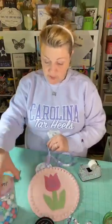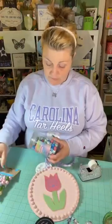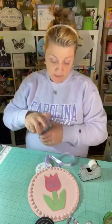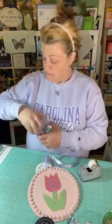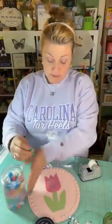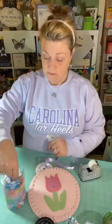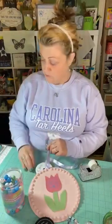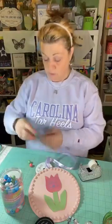So what do you guys think? Should I add some? Actually, I don't even think I need this packet. So I think this pink is closer. I've got the light pink, the darker pink, and the green. I could. That's close enough. What do you guys think? Beads or no beads? Just to add. I usually like to work in threes. I guess I could pull a...